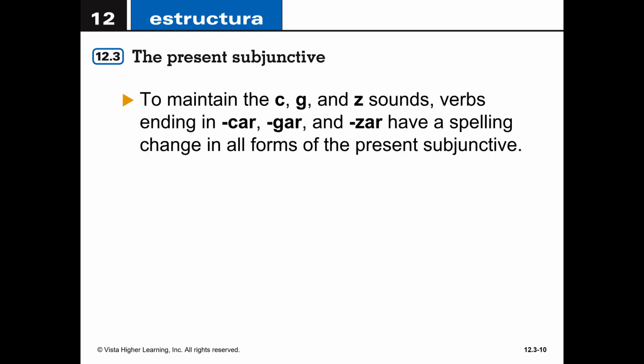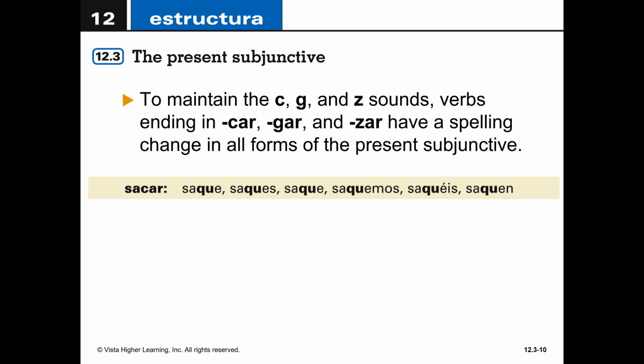Now, we also have some that have a spelling change, and those are the ones that end in car, like sacar, gar, like cargar, and zar, like empezar. They're still going to have a spelling change in the present subjunctive. For example, for sacar, that C changes to QU.